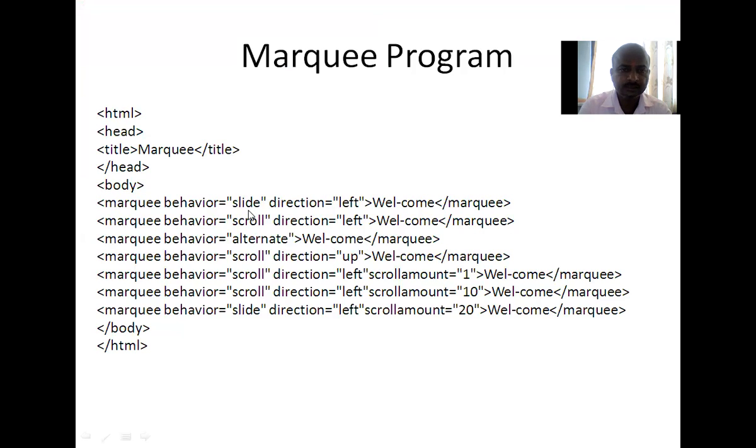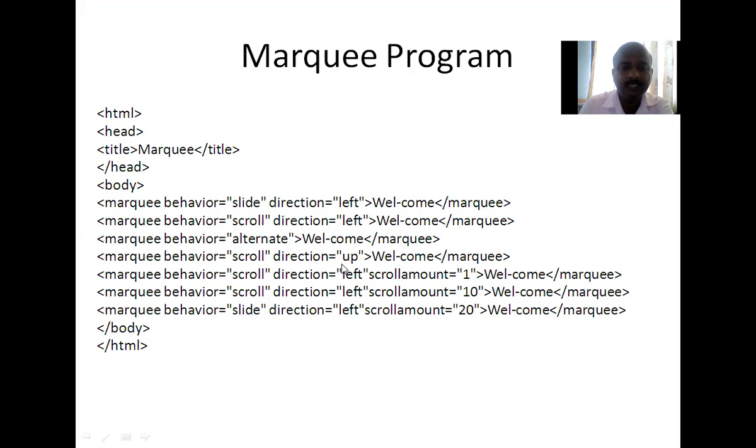So there is a slide direction left. It will move towards the left only. Then scroll: it will scroll towards the left and then from left to right. For that there is alternate, and for scrolling in only one direction, that is left, it will scroll.